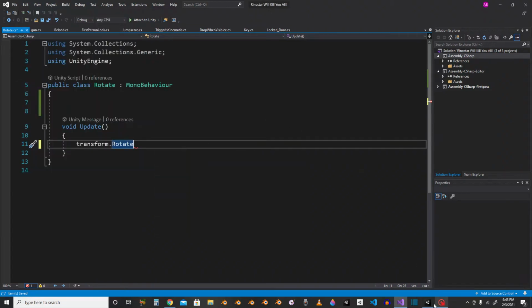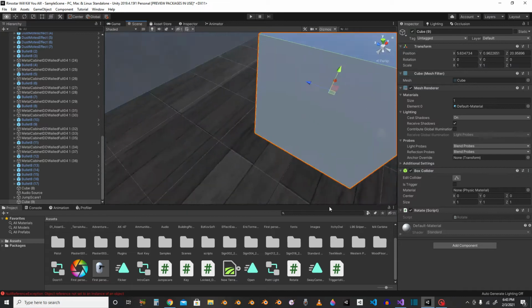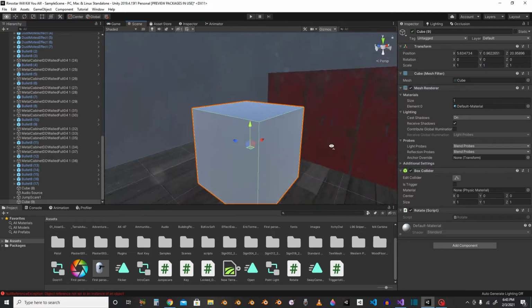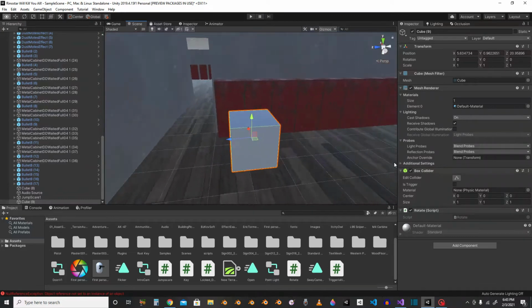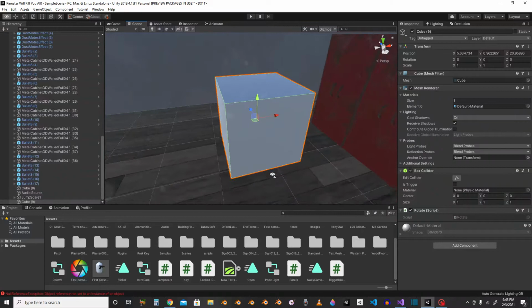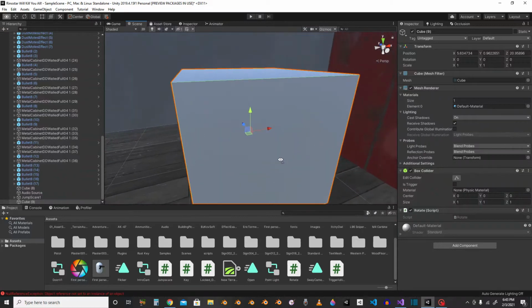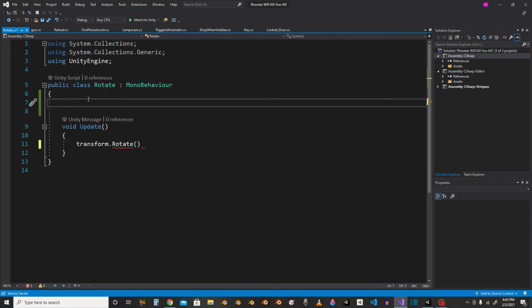And action. Today I will try and make this cube rotate. You might be asking yourself, well, that's simple. You just make the current rotation of the transform a new quaternion and stuff. But it doesn't work. You just do transform dot Rotate, and then you can make your own public